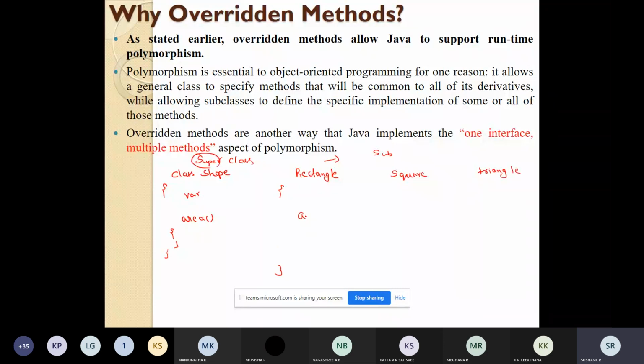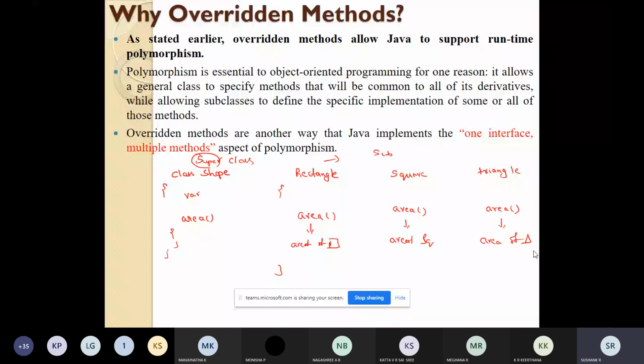Each of the subclasses will contain a function called area. The rectangle's area function will calculate the area of a rectangle, the square's area function will calculate the area of a square, and the triangle's area function will calculate the area of a triangle. So this is where method overriding will be useful.